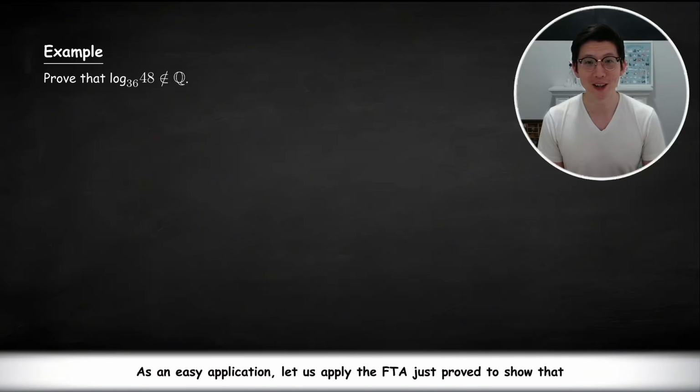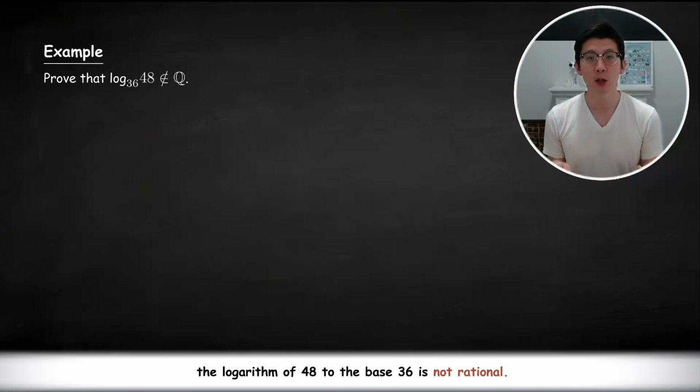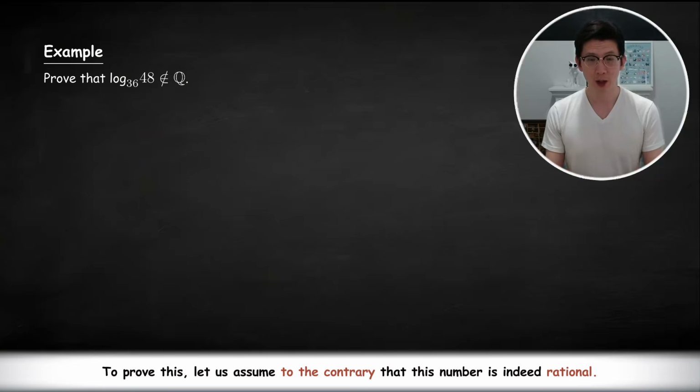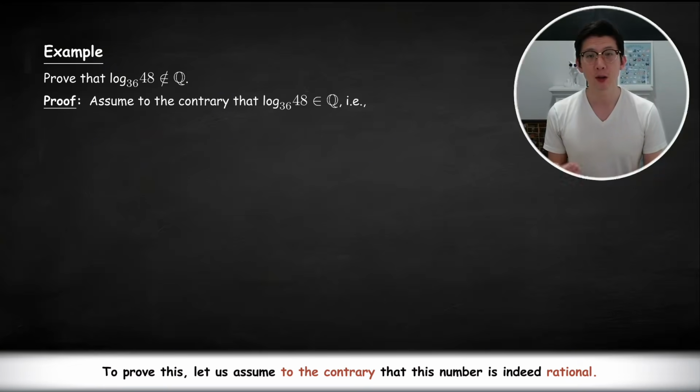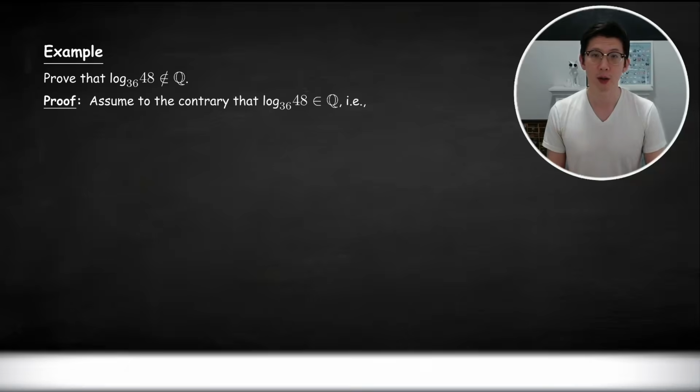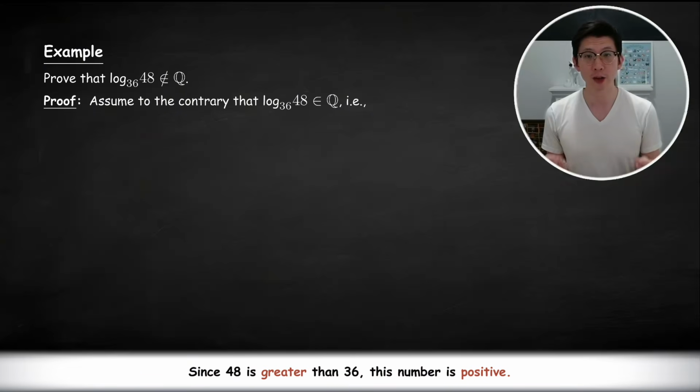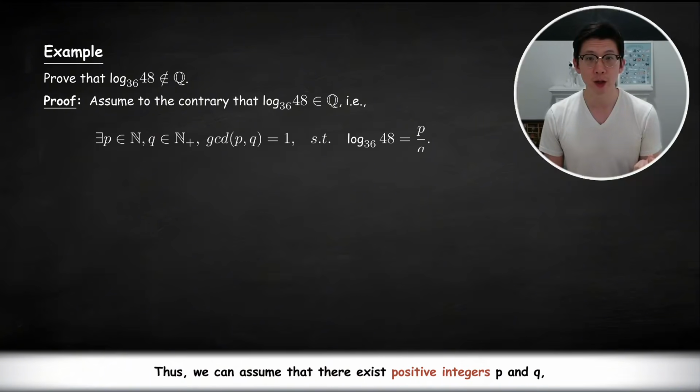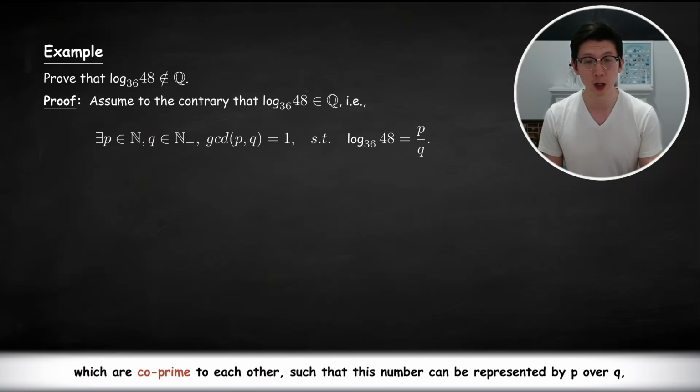As an easy application, let us apply the fundamental theorem of arithmetic just proved to show that the logarithm of 48 to the base 36 is not rational. To prove this, let us assume to the contrary that this number is indeed rational. Since 48 is greater than 36, this number is positive. Thus, we can assume that there exist positive integers p and q which are co-prime to each other, such that